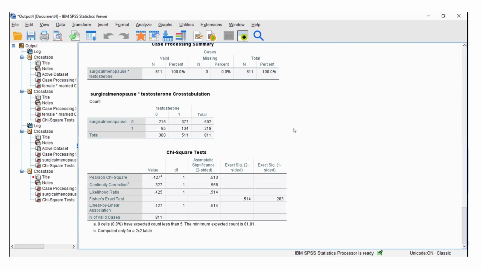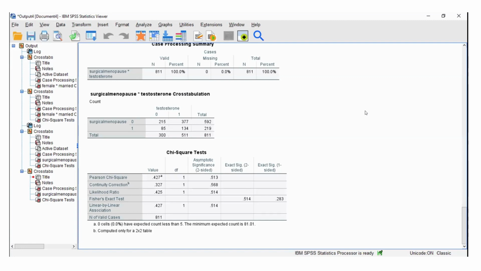That means there's no statistical significance between the use of testosterone and surgical menopause. So it means there was no difference between those who received testosterone and those who did not with respect to having surgical menopause as an outcome.